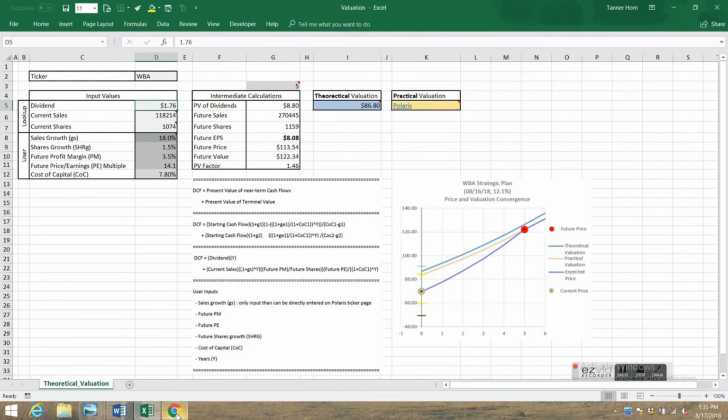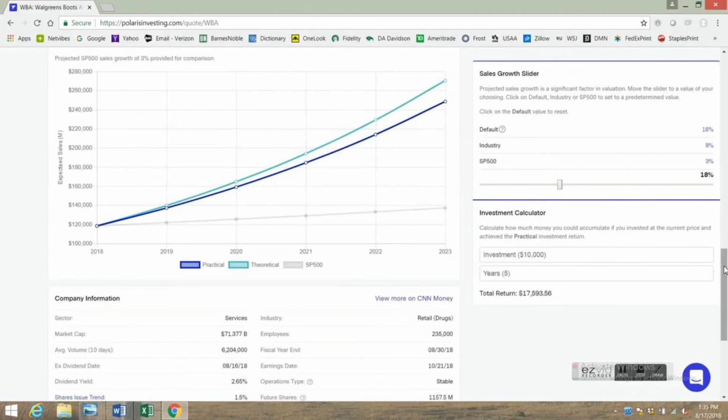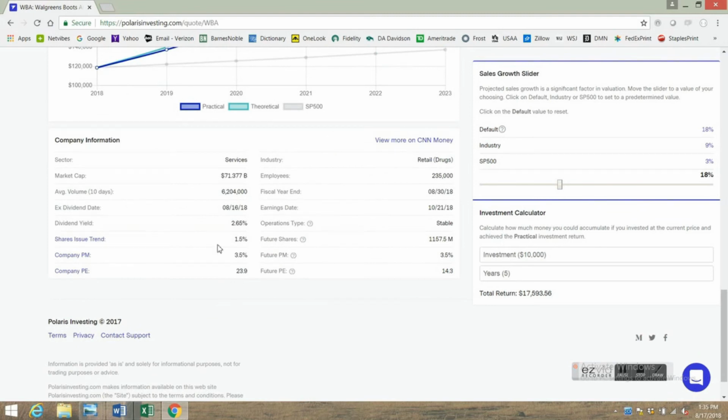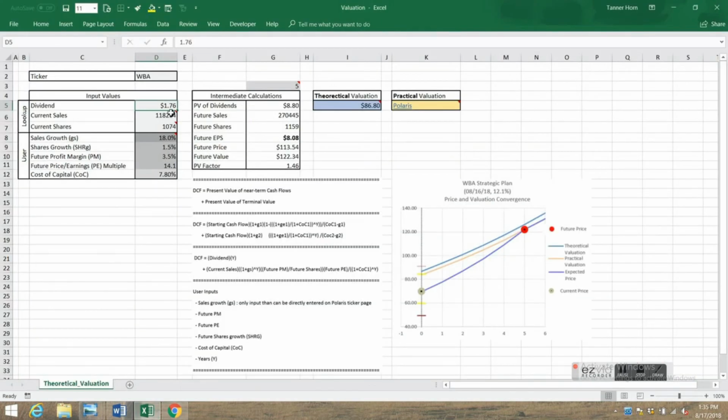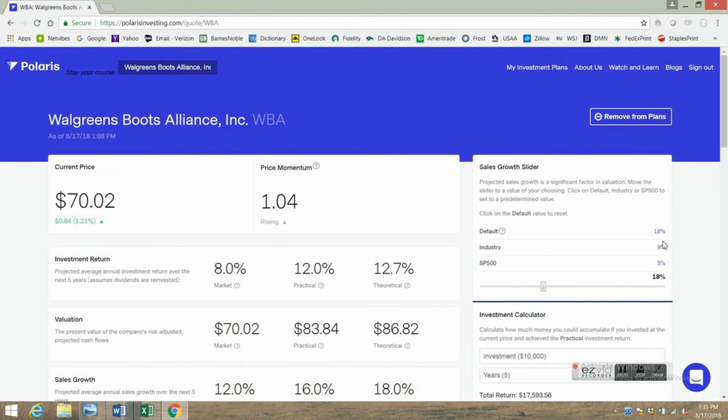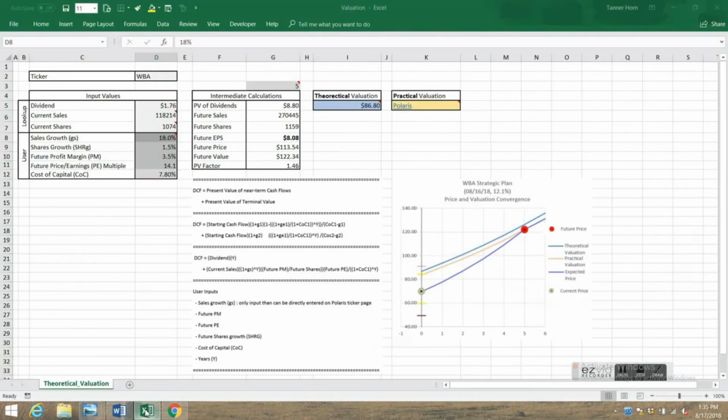And then current shares, if you're going to use the Polaris website, you do have to back into it, where it gives you future shares, and it gives you what it believes over the next 5 years will be the share trend. So you can back it up by taking this to the fifth power, dividing future shares by that number, and it'll give you the current shares. Or you can go look it up on numerous websites to see what current shares is. All right, so that's where those three things would, you look those up and enter those in here in the spreadsheet. And then the sales growth, well, let's compare to, I'm using the same default sales growth that Polaris uses